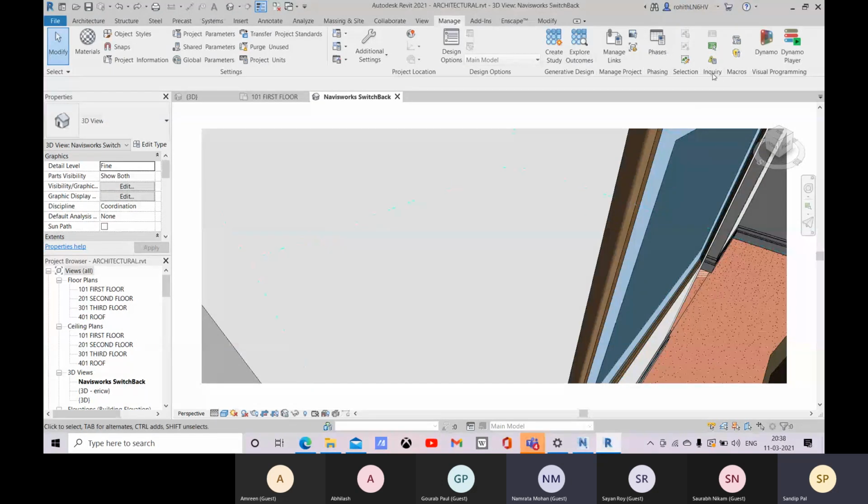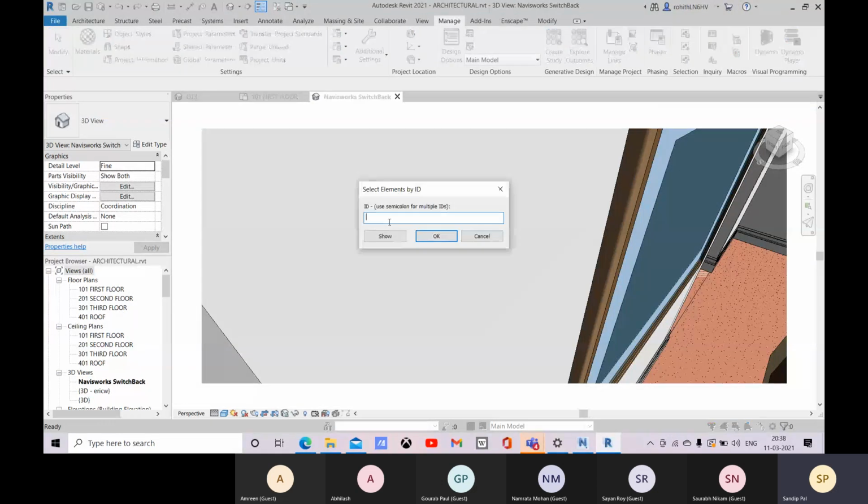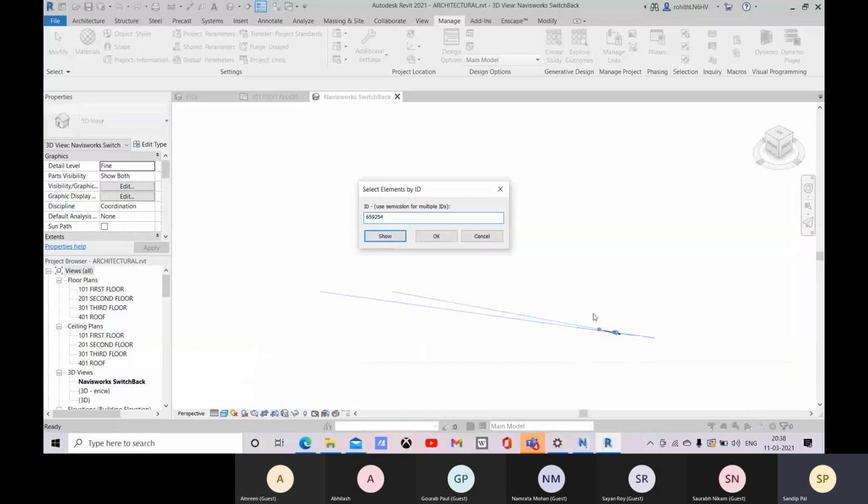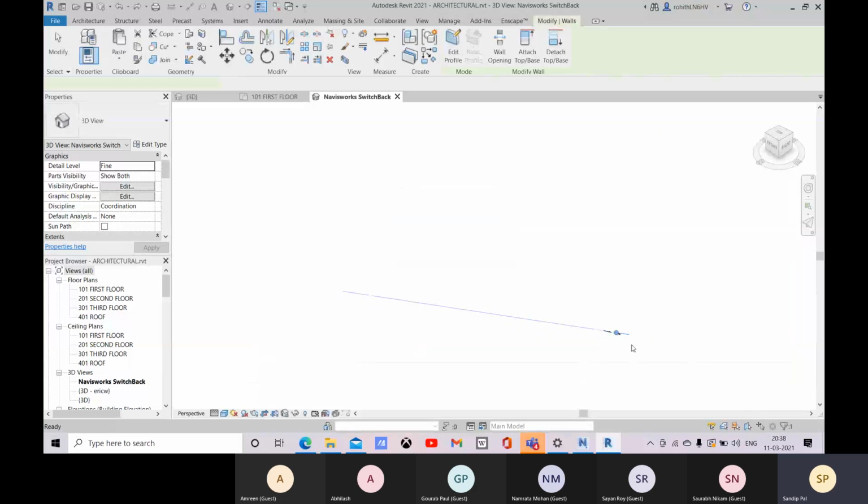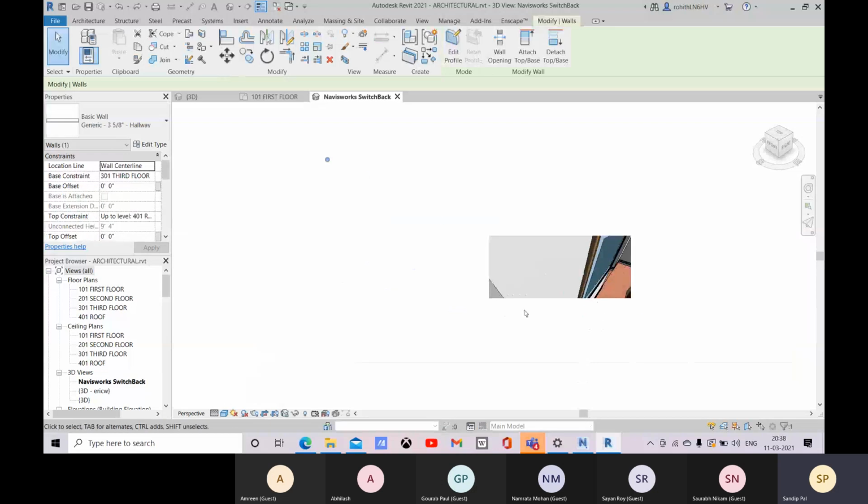So within this manage tab, here we have this inquiry panel, and we can go for this select by ID, and there we can type that number like 659254, and go for this show, and click on OK, and that will be visible.